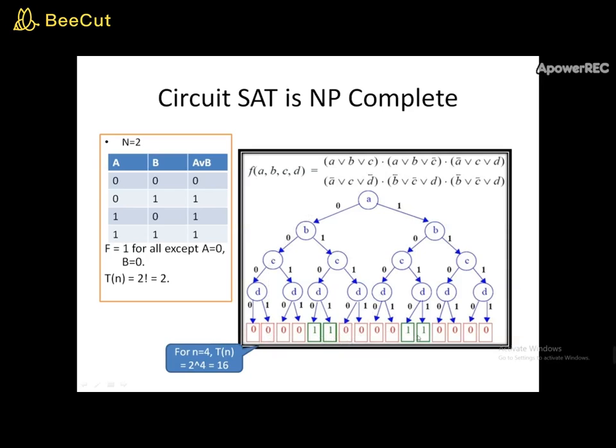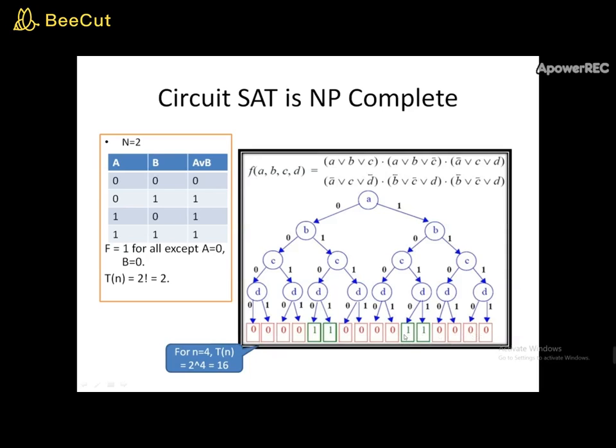It is only the green ones that give an output equal to 1, which means A 0, B 1, C 0 and D 0 will give you 1. And similarly, A 0, B 1, C 0 and D 1 will give me a satisfiability of 1. So I'll get an output of 1. How many combinations? It's 2 to the power of n. So I have 16